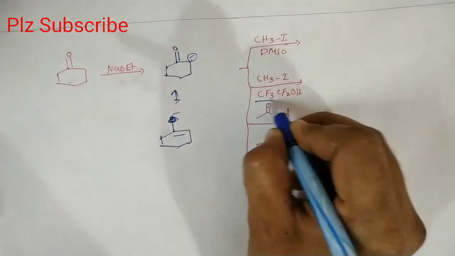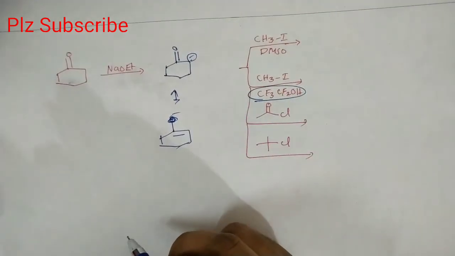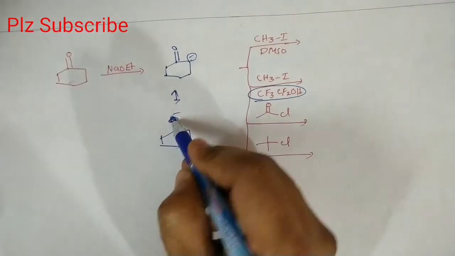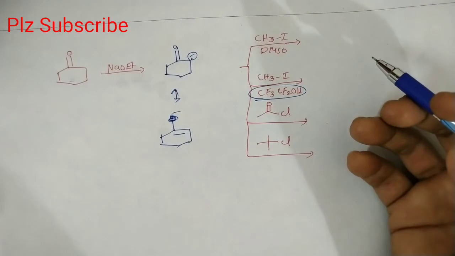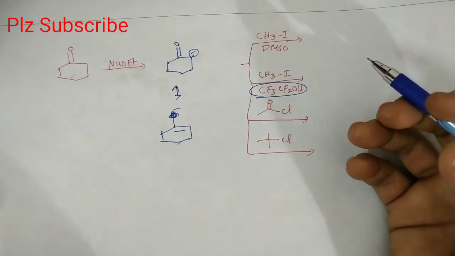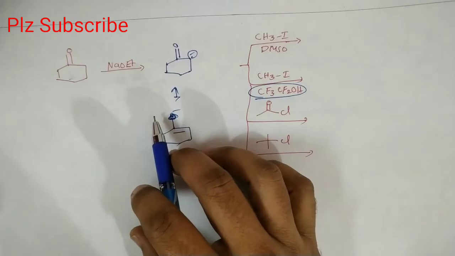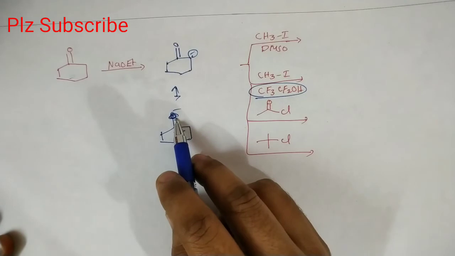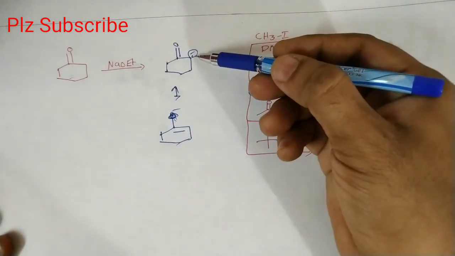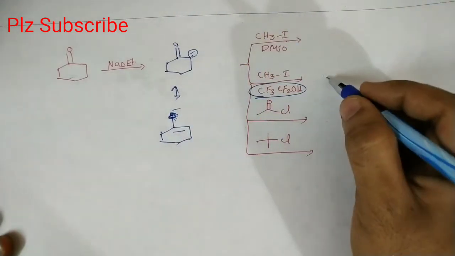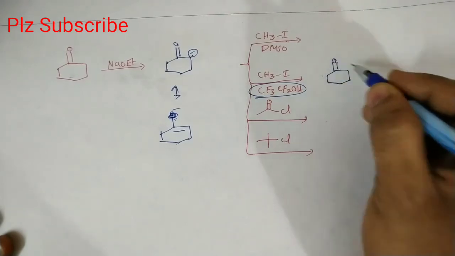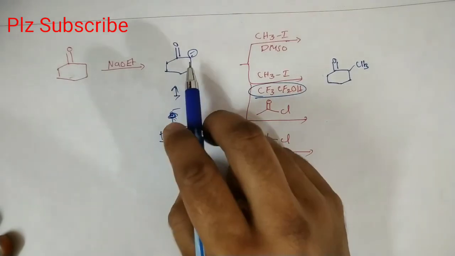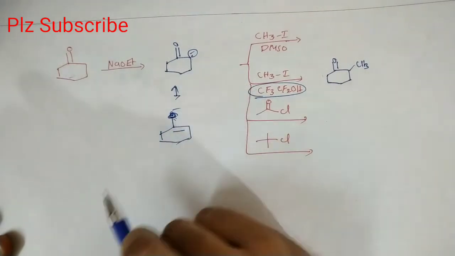Now generally, in a polar protic solvent, smaller size anions are more solvated. So here, O minus and C minus, which is more solvated? O minus is more solvated, because your oxygen is smaller in size. So in this case this carbon is less solvated, so the nucleophilic substitution takes place on the carbon. Because C minus is less solvated by the polar solvent,